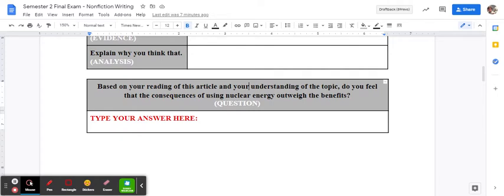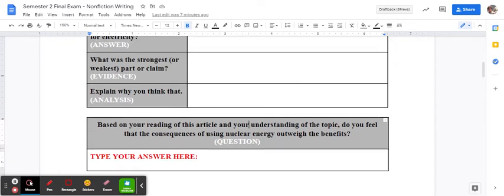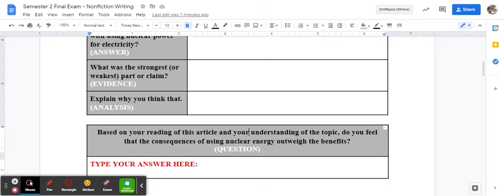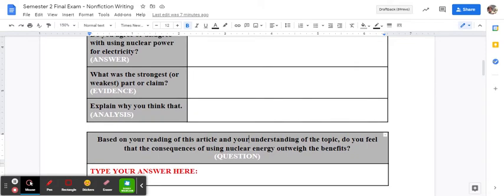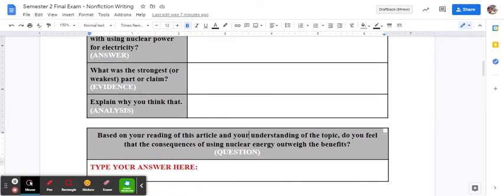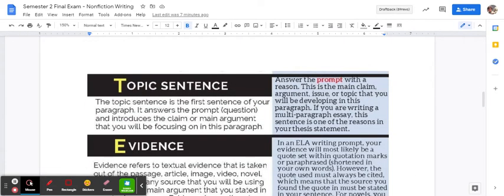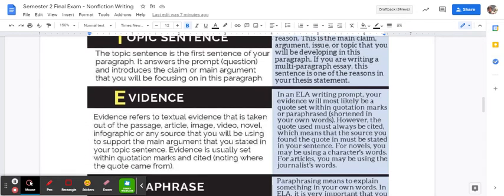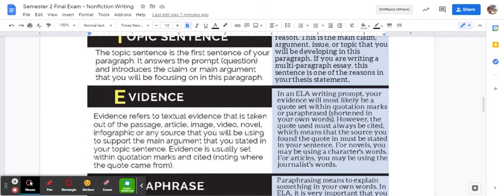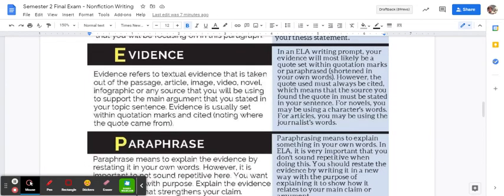Now, the question then is just repeated here, okay? I just repeated the question so you see it again, and you type your answer right there where it says type your answer here, okay? Now, one thing to think about here, notice that these are labeled with white words: answer, evidence, analysis, question. Those align with that TPAC, right? So for instance, remember the topic sentence has part of the question and the answer. Those are two things that you identified in that pre-writing, right? Evidence, that's the strongest claim. So according to the article, blank, and you pull that in, okay?